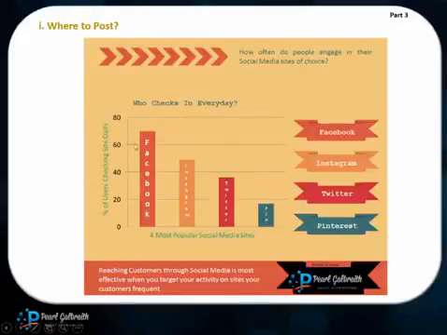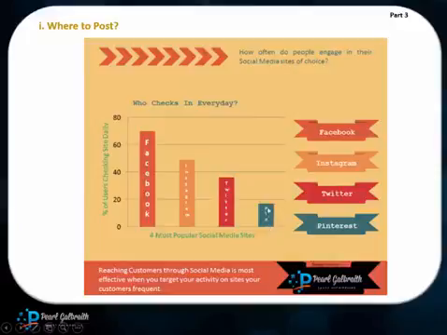Also with where to post, how frequently do people check their sites? Notice this. Users of Facebook, overwhelmingly, nearly 75% check into Facebook daily. So again, if you want to reach that audience and they're looking at it every day, you have a better chance of being found. Instagram, remember this is the 18 to 29-year-olds, they're checking in nearly 50% every single day.